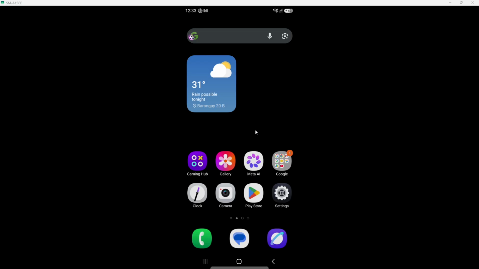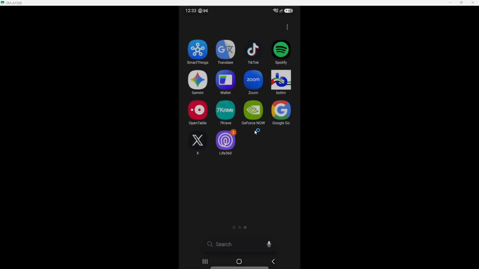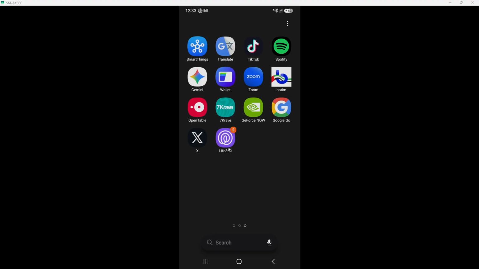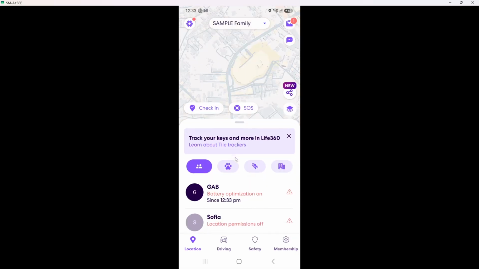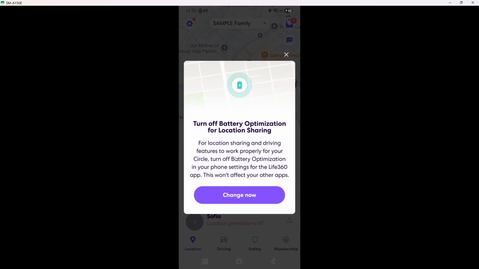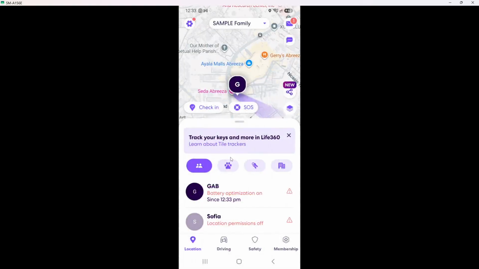First, open the Life 360 application on your device. You will see the home screen with a map displaying your current location along with the locations of your circle members. This is where the magic happens. By accessing this app, you can control your location settings. It's essential to familiarize yourself with the interface as it offers various features and options. You will feel empowered knowing you can manage how much information you share with others.